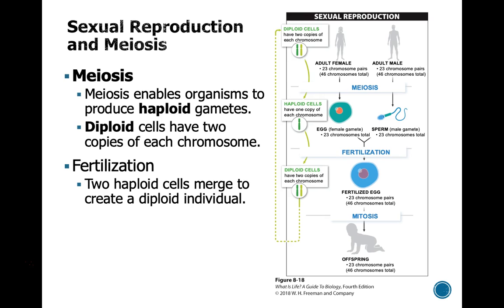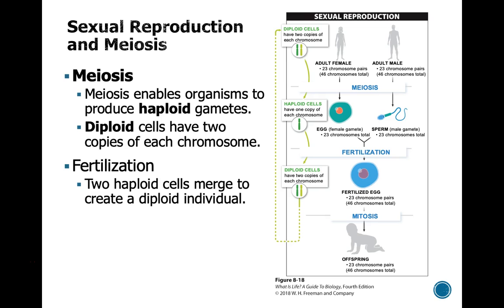So I said that there were two different types of cell division. One was mitosis. We already talked about that. That is the process by which we produce most of the cells in our body, where we get genetically identical cells to the parents. So the other process is meiosis. Now, meiosis overall is really similar to mitosis. And so when we get to the actual process, I'm not going to go into it in too much detail, but there's some very specific outcomes.